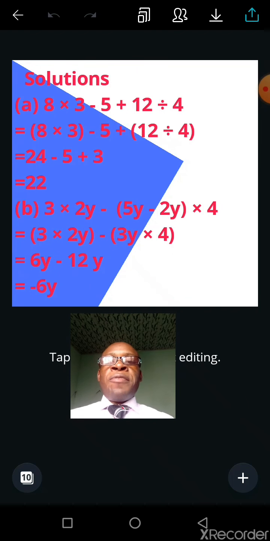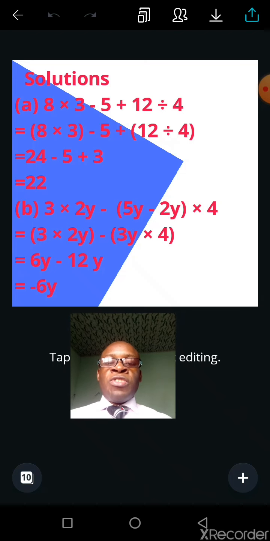You now have equals bracket open 8 times 3 bracket close minus 5 plus bracket open 12 divided by 4 bracket close. We now have that 8 times 3 is 24, then the minus 5, you bring it down, 12 divided by 4 gives you 3, you bring it down, so we are now left with 24 minus 5 plus 3,